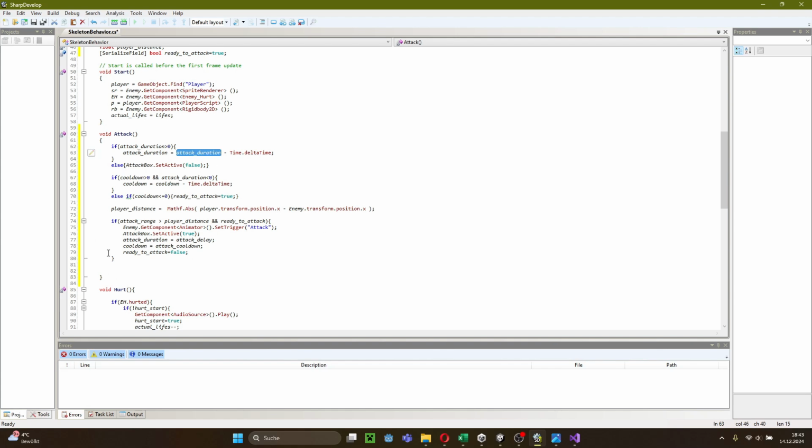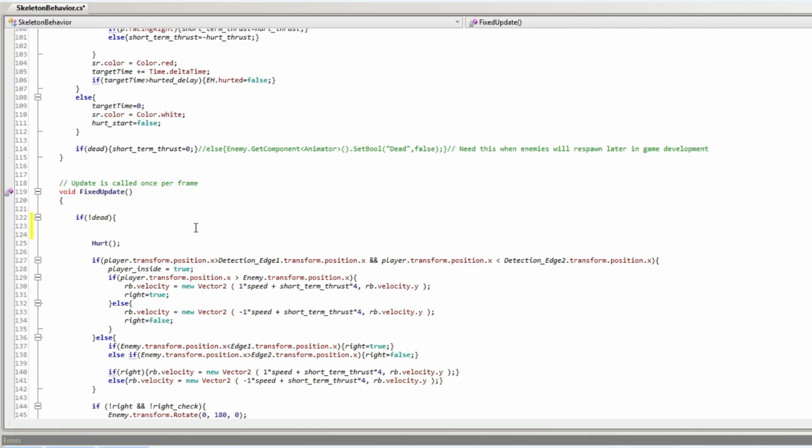function. Then we also set the cooldown to attack cooldown, which will also be counted down in the next if statement within our attack function. And at last we set the ready to attack variable to false, so that the enemy cannot spam attacks at a high rate. I almost forgot, we have to call the attack function within our fixed update,